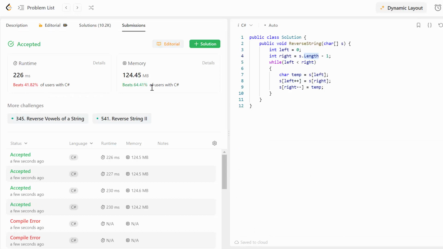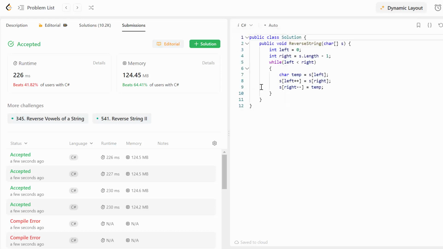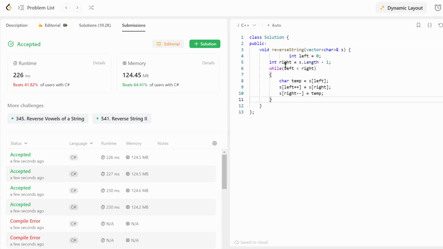So now let's move on to the C++. And in C++, you can see we are going to work with a vector. So I actually want to implement both a while and a for loop solution. And actually I'm going to do a small trick. I'm going to copy my C# solution and change it a little bit so it will be suitable for our C++ solution. So once again, you can see I created the left pointer, it will be equal to 0, and the right will be equal to the size of our vector minus 1.